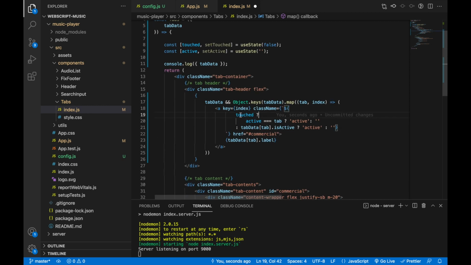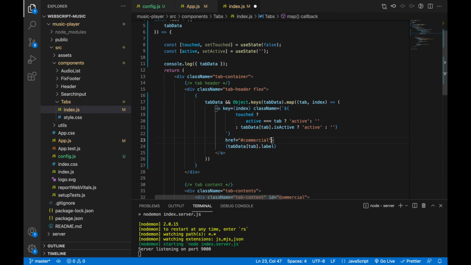So here it will run this logic. When touched is false, then it is going to run this piece of code. Else, if touch is true, then it is going to run this code. Touch means when user click on it, right? So we'll add that logic here also. If user clicks on it. Sure, commercial